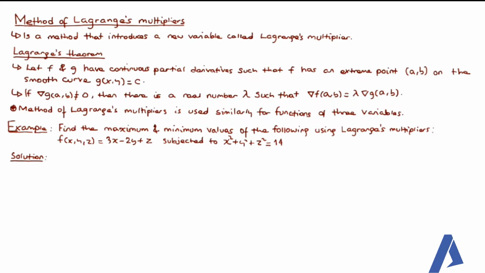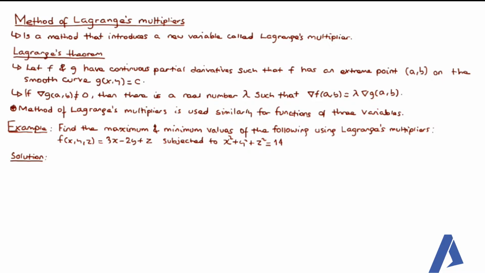So if the gradient of g is different from 0, the main idea of the theory ምንድነው, the gradient of the function f is equal to lambda times the gradient of the smooth curve g of xy at points ab ማለት ነው። ስለዚህ በዚህ መሰረት ማክሲመም እና ሚኒመም ማግኘት እንችላለን ማለት ነው። And the method of Lagrange's multiplier functions of three variables in a similar manner ነው የሚሰሩት። ስለዚህ በዚህ መሰረት አንድ ሲምፕል የሆነ ኤግዛምፕል እናያለን።